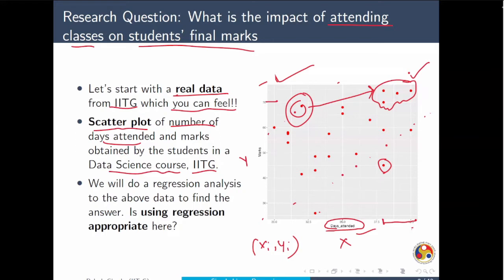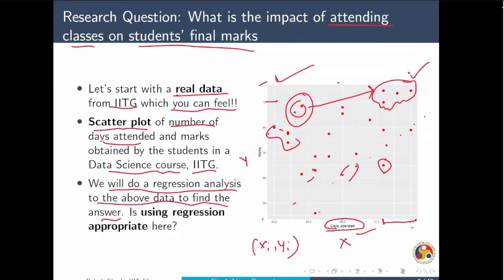I want a linear relationship. But in practice, there will be a lot of points which will be here, which will be here, will be here. So that's not a problem. Now, the fundamental question is here: we will do a regression analysis on the above data to find the answer